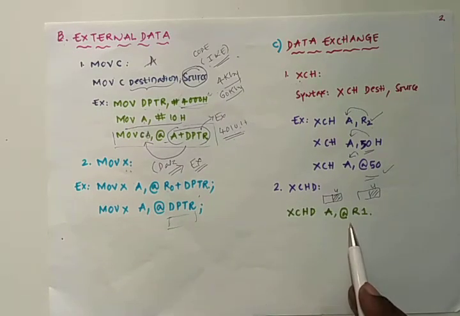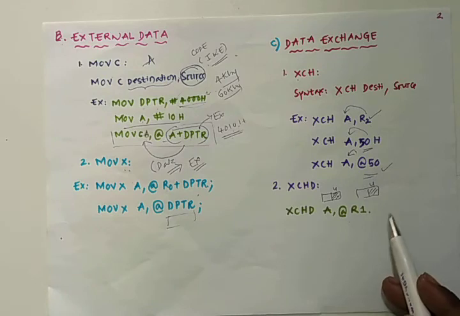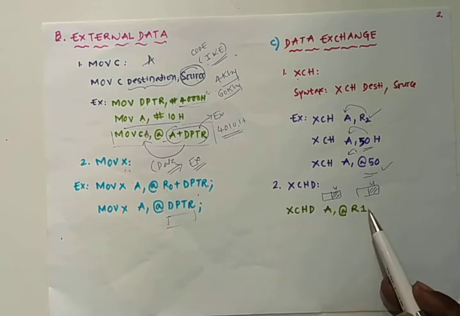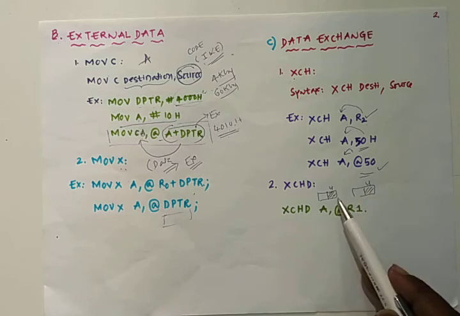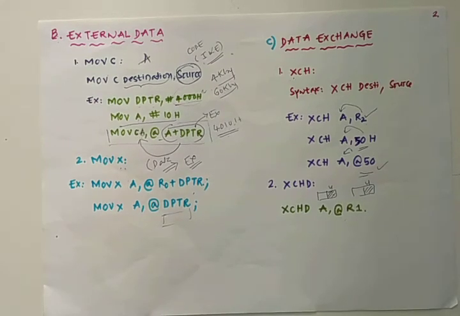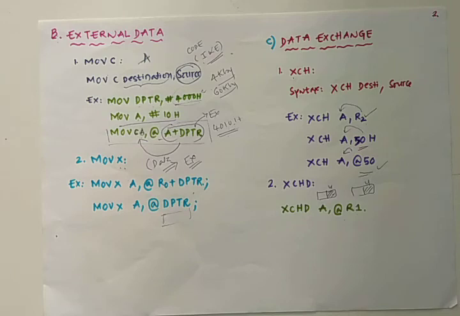If you go with this instruction here, it exchanges the byte between the accumulator and the internal RAM location addressed by R1, with the lower nibble only. This is called the data instructions, and the logical instructions and arithmetic instructions will be discussed in the coming class. With this the instructions will be completed, so that we can go for the next unit. Thank you, students.